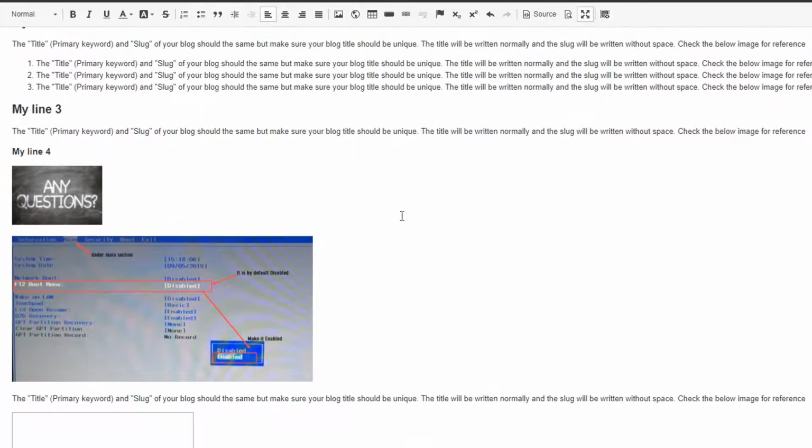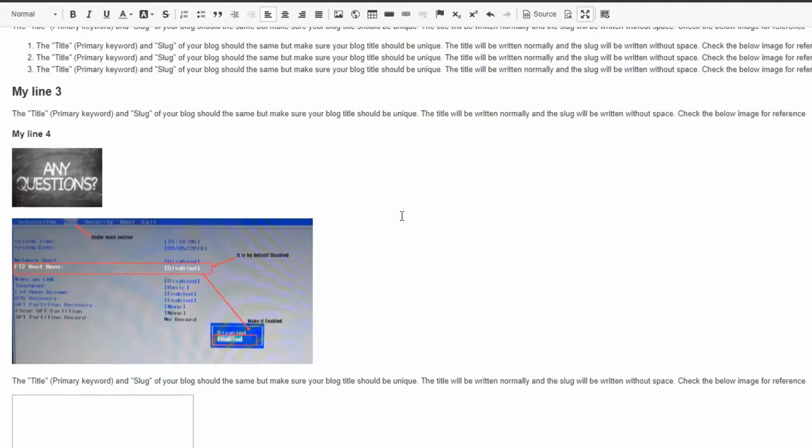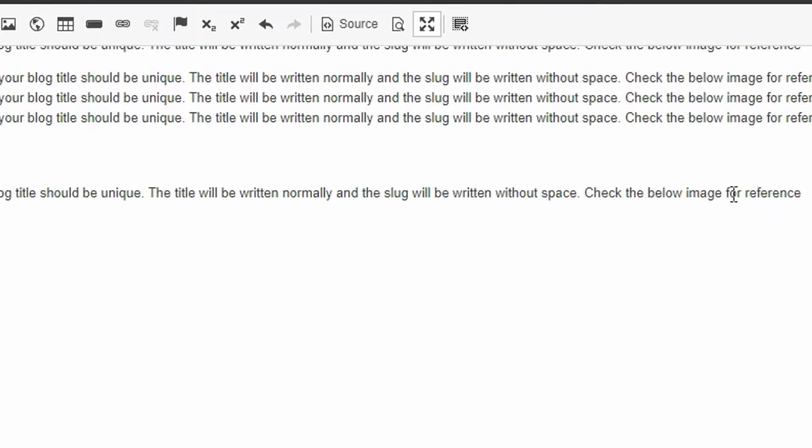So let's suppose I want to define an internal link. For internal, let's see. I want to make that text a link. You can type any text or make it a link. Let's suppose I want to make it a link. For that, I will just select that area. Let's suppose I want to click on for reference and it will take me to some other links. How can we do that?